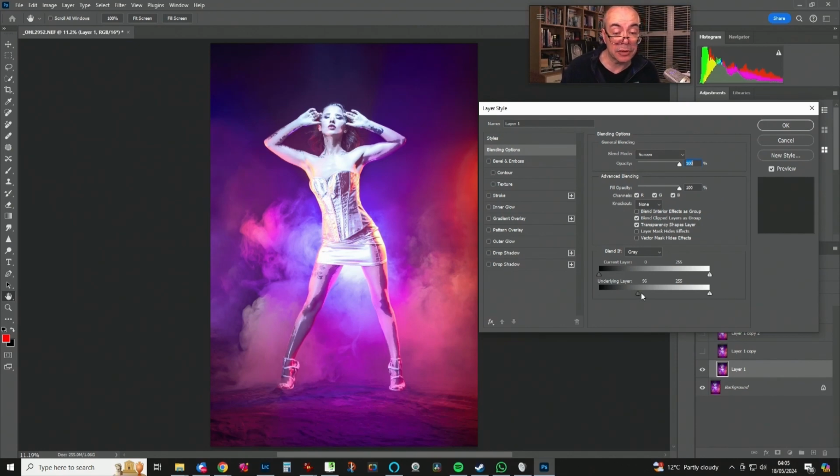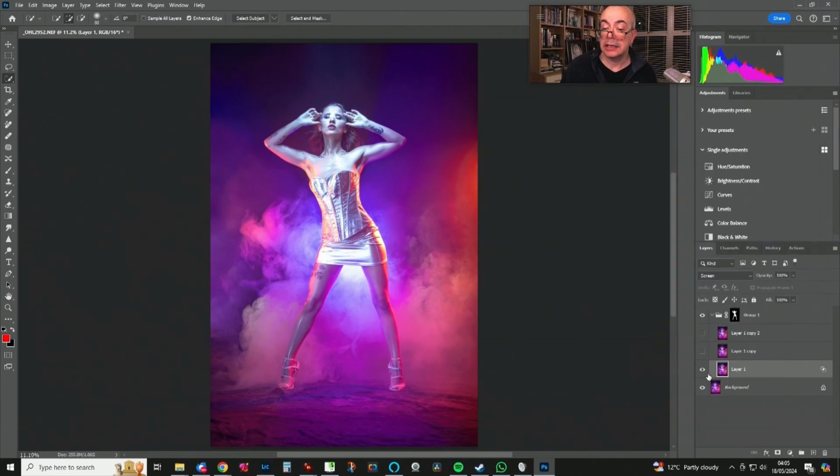So at the moment, I'm just looking at the legs, and I just want to get some more into those highlights on the legs. So I'm going to hold the Alt key down, split the sliders now, and move that all the way to the right. And now I can just further play around with this. Just have a look at each bit because we're going to mask this on in a minute. So I'm not paying any attention to what the upper body looks like. Okay, we can flick it on and off, and just looking at the legs,